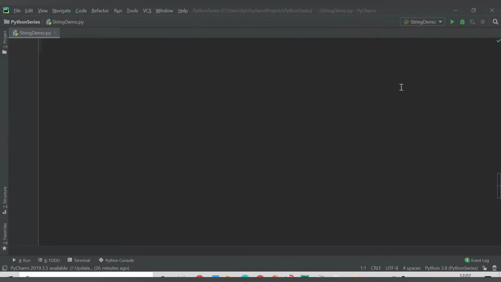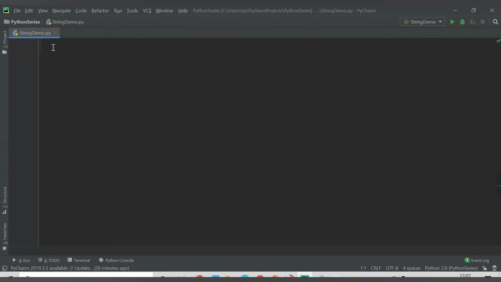In the previous video we have learnt about the data type string, how we declare the string variables and what are the inbuilt functions for string. We have seen the type function and the length function to get the length of the characters in the string. So in this video we are going to cover the slicing in string. So what do you mean by slicing? Slicing can return a range of characters by using the slice syntax.